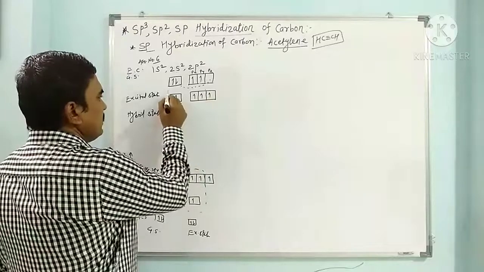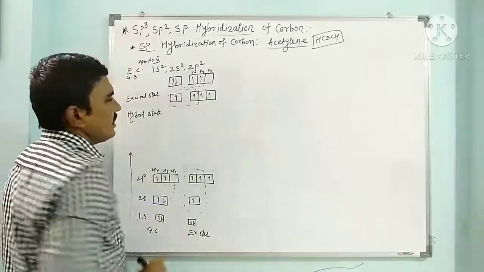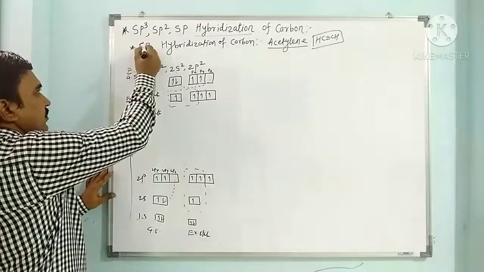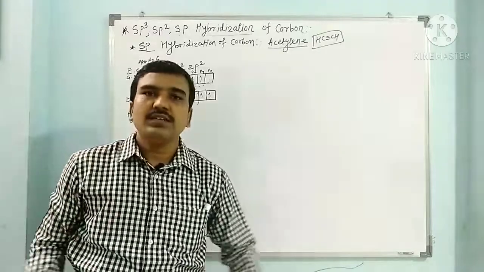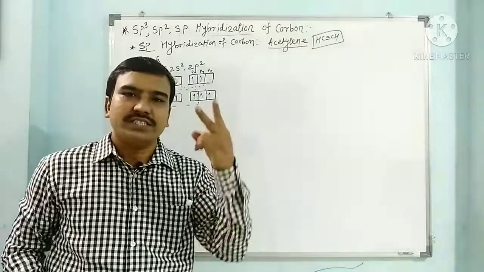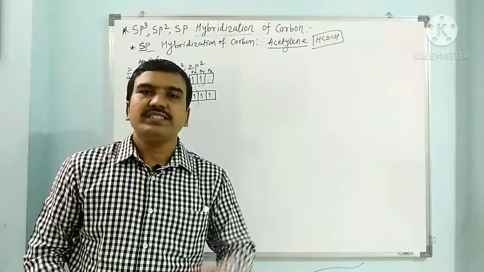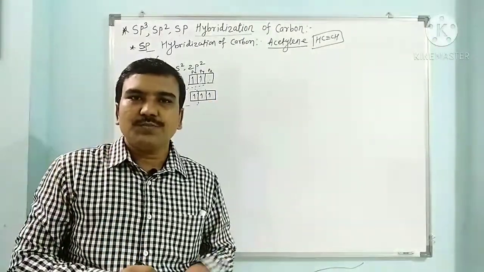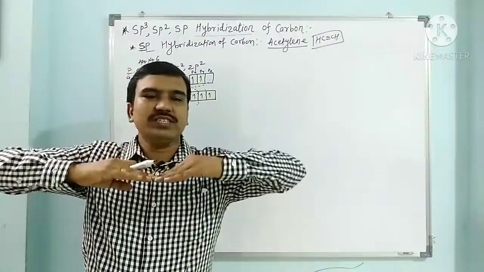One s and one p undergo mixing and recasting. So in sp hybridization, one s orbital of carbon and one p orbital of that carbon undergo mixing and recasting to give two new orbitals having the same energy and the same orientation in space. As these are two orbitals in the total 360 degrees, the geometry of these two orbitals is linear. So both orbitals will lie like this, one here, second here.